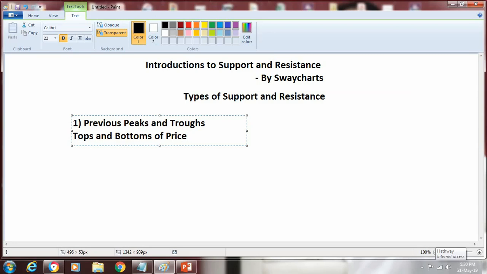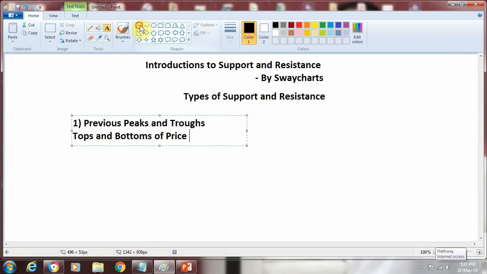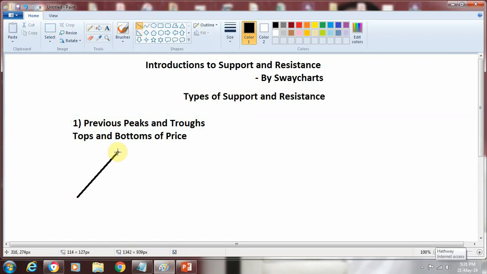Commonly, you may have heard in many technical terms of double top, double bottom, or triple top, triple bottom. This means, as we just saw in the basics of support and resistance, the price moving in a fashion of just up and down. So if I have to redraw something which we did in that particular video, I'll go to the home screen, I go to the line, and this is something what I call as